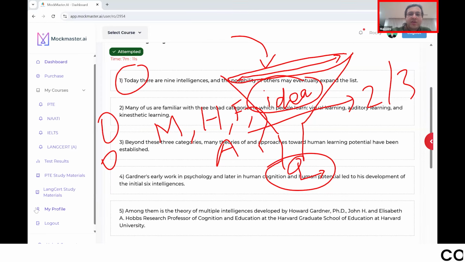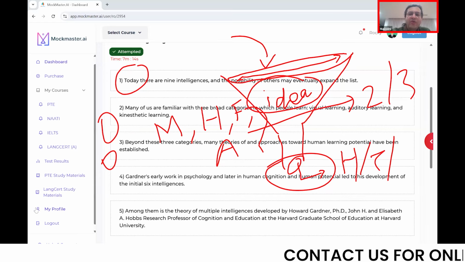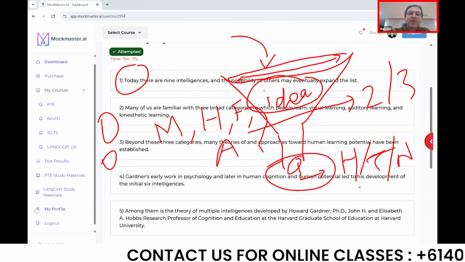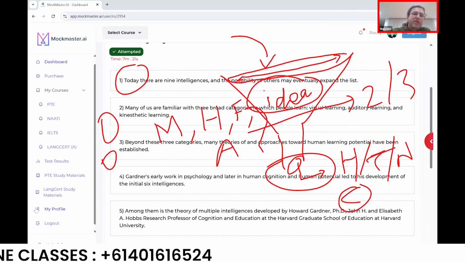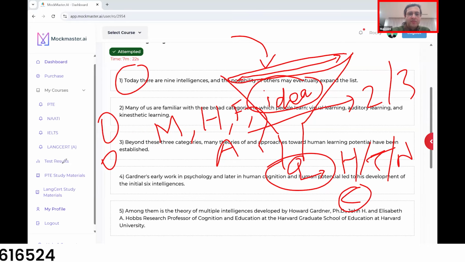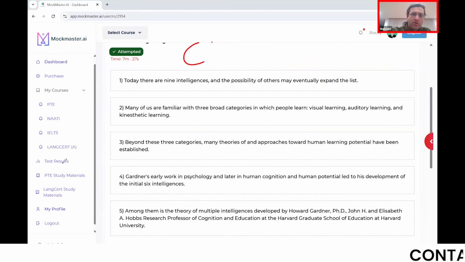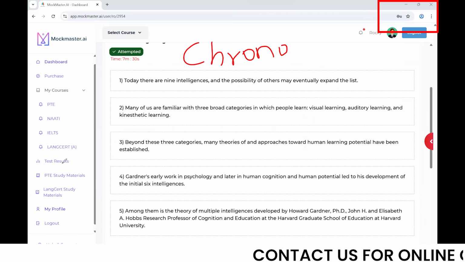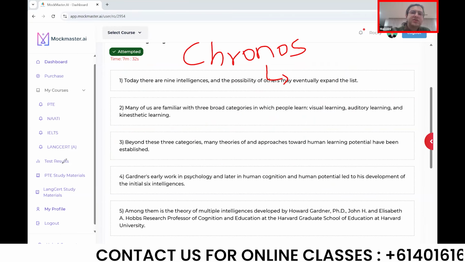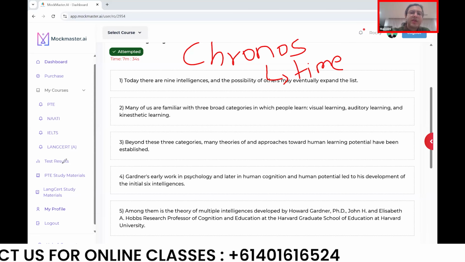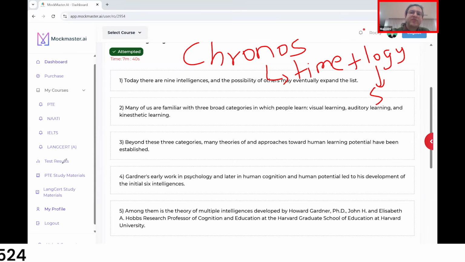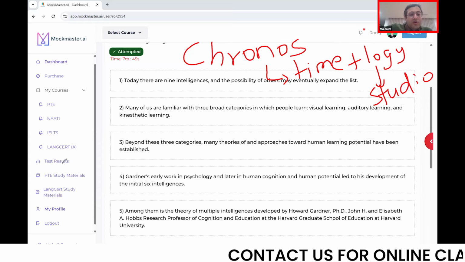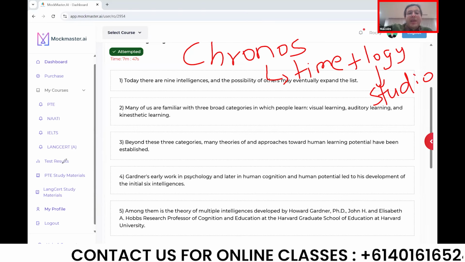Hence, therefore, thus, such connectors you see, or now, they will be in the conclusion, final position. The other rule in reorder paragraphs is chronology. What is chronology? Numbers. Chronos means time in Greek. And logy again is a Greek word which means the study of something, biology, physiology, psychology. So timeline basically,